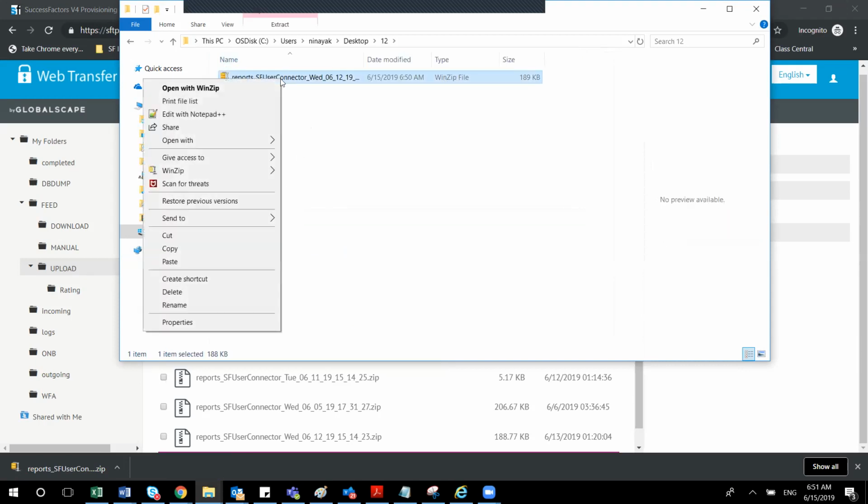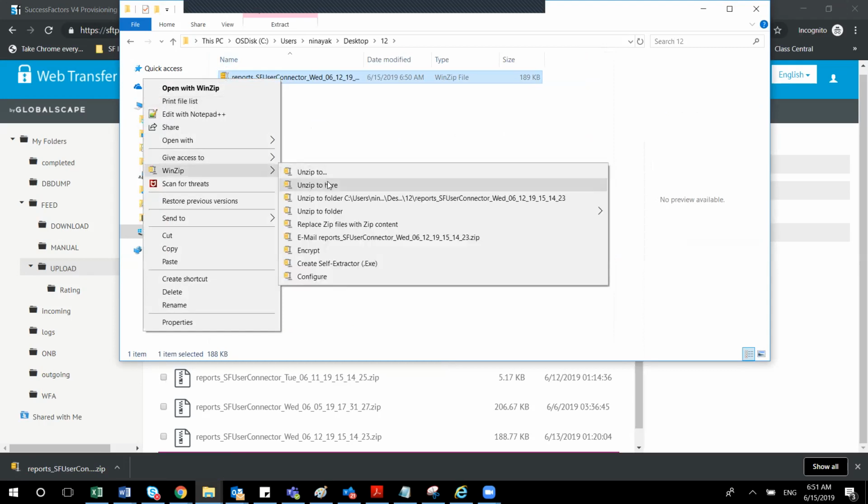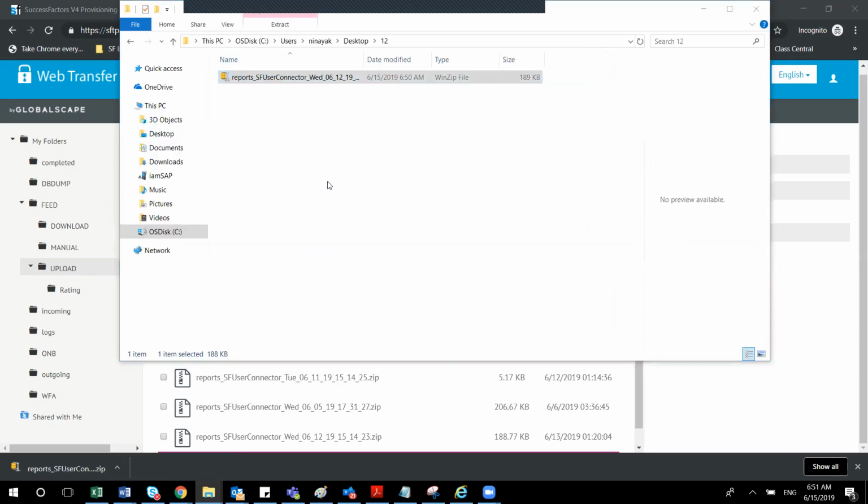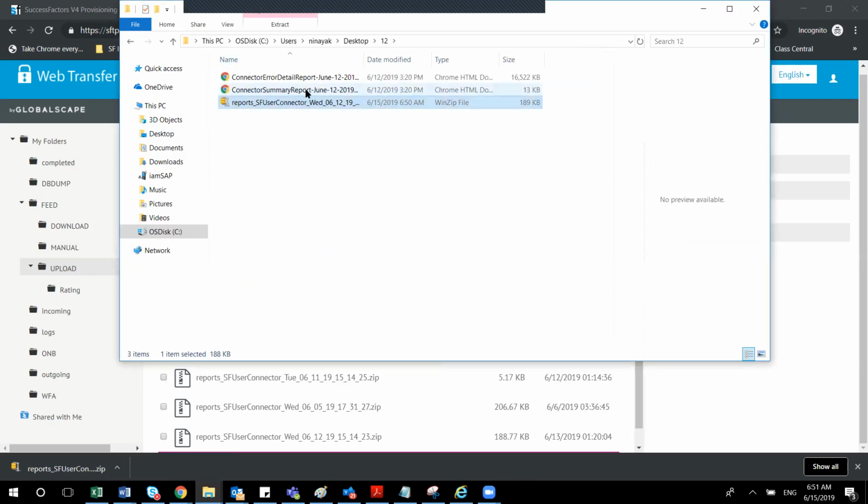If I do an extract of it, then it will show how the program ran. Basically, it's a connector report which was run on the 12th of January.